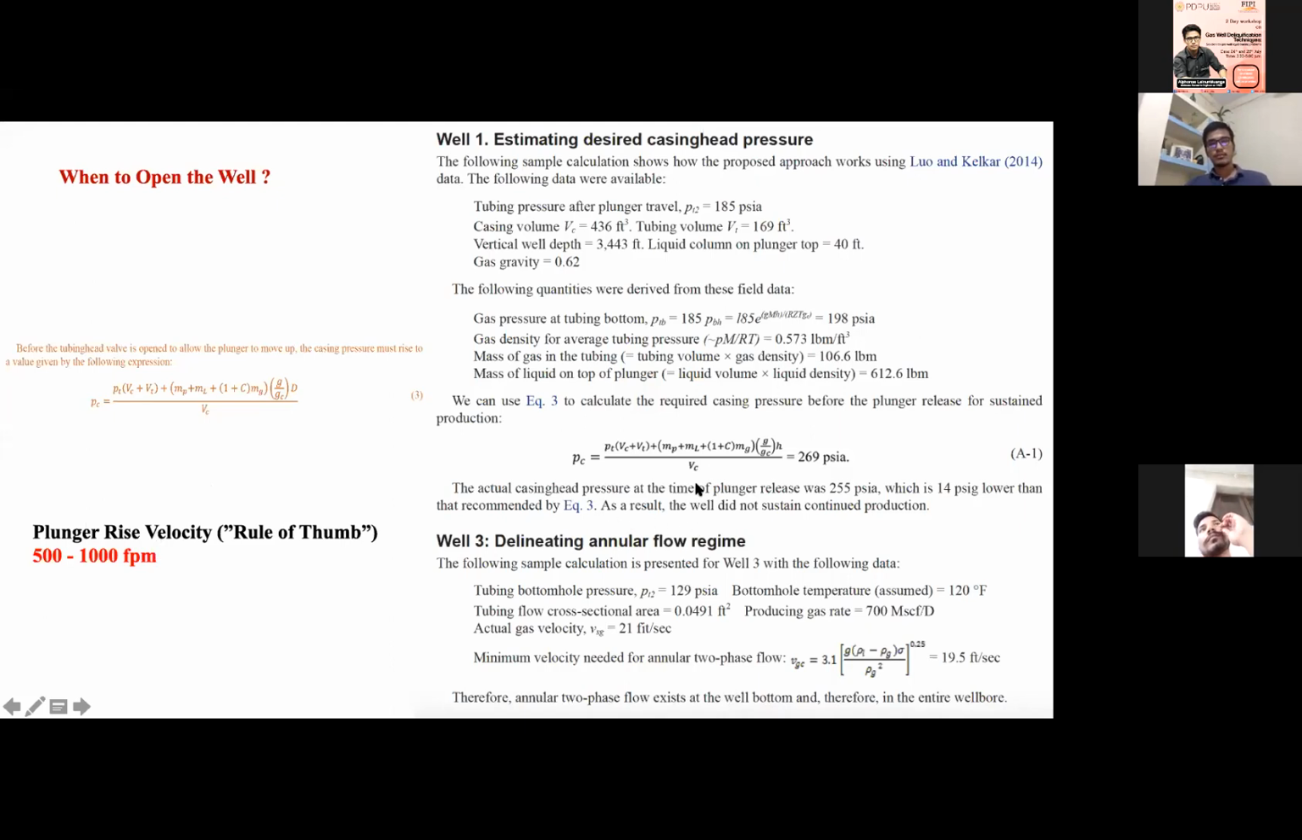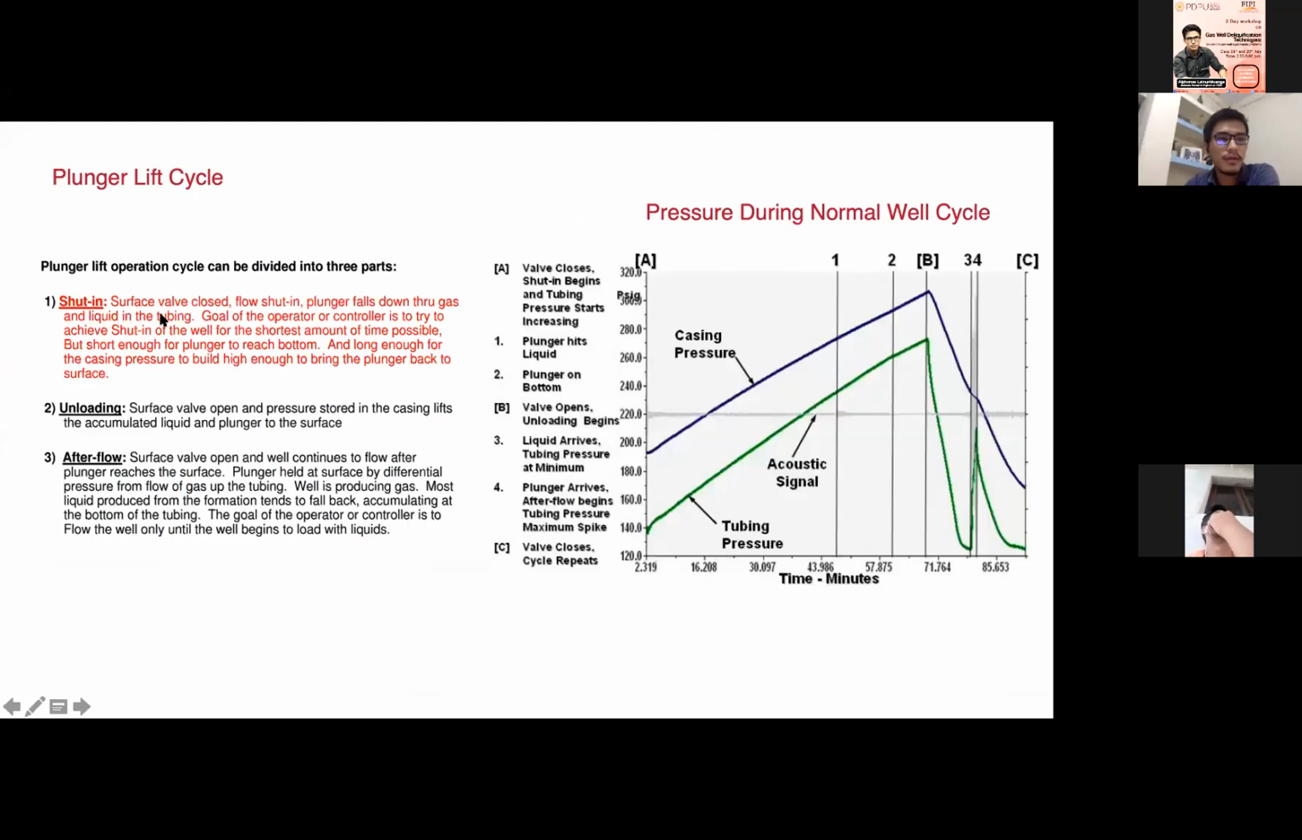And before that, you may also need to calculate your critical gas velocity, which we already discussed. This is a conventional plunger lift cycle. When you drop your plunger from the surface and close the well, your casing pressure will increase. At a point, you shut your well, and you will notice at the surface your casing pressure